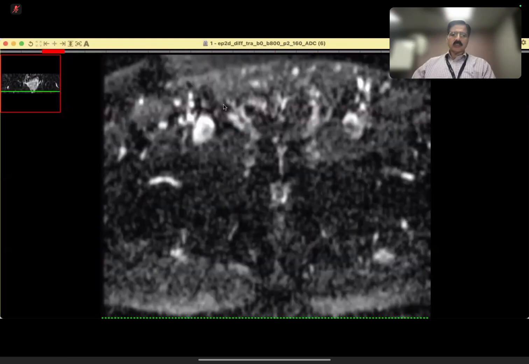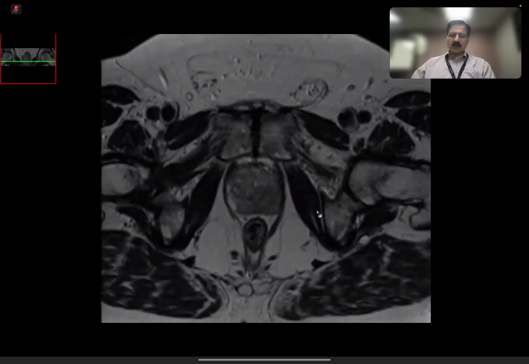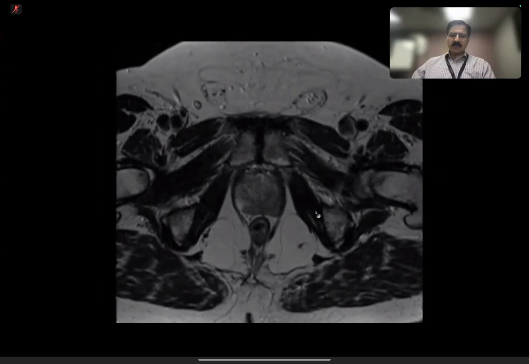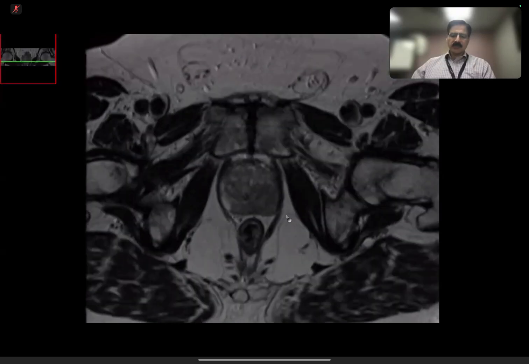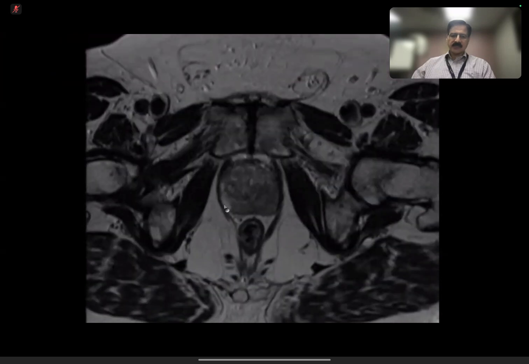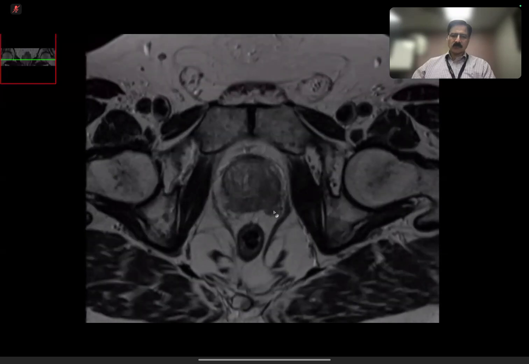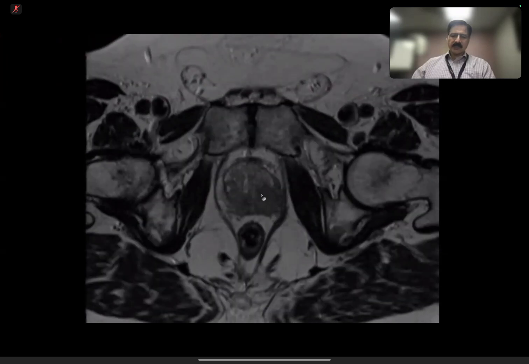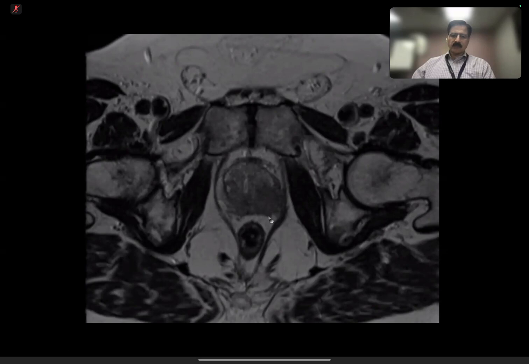Coming back to the case which I showed the candidate, here there is a lesion which is low in signal intensity on T2 weighted sequence. So the epicenter of the lesion, now if you see, this is the peripheral zone on the right side. The epicenter is in the peripheral zone, but from there it is going into the transition zone. It is also crossing the midline and going to the right side, but from there it is breaching the